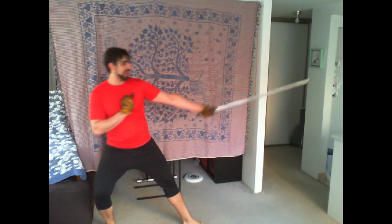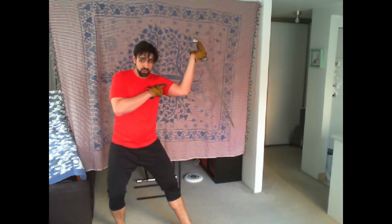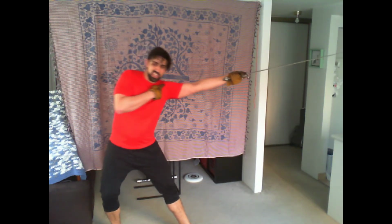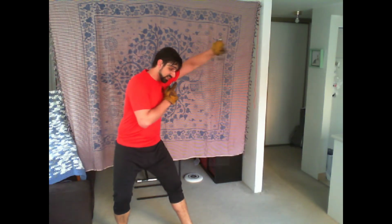I can begin my action. It can begin with a thrust. We're going to start with a thrust in quarta. Because I don't have a lot of space, I'm going to do this with a lunge. I'm going to begin a thrust, just gaining the action, begin the preparation, and as I cut, I'm going to lunge. And I'm going to recover, do the same thing in seconda, yield to the inside, cut to the outside,